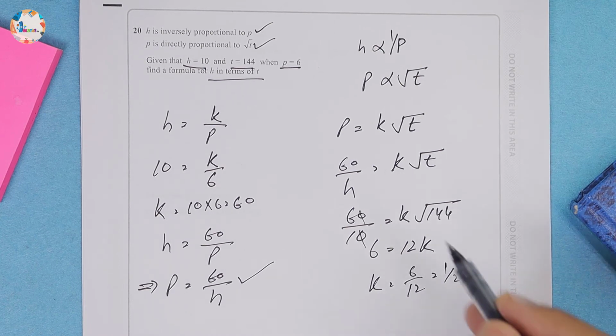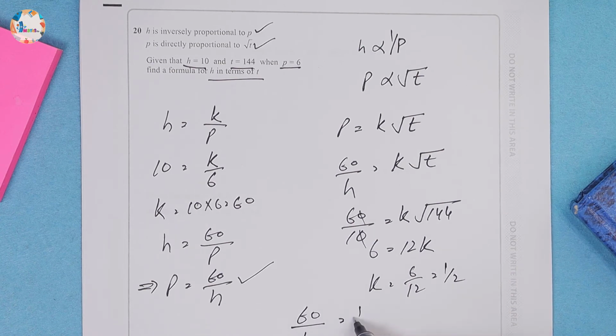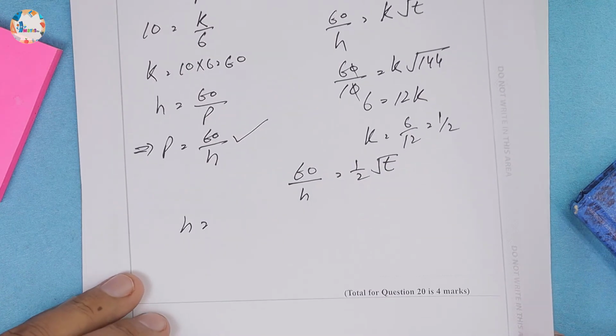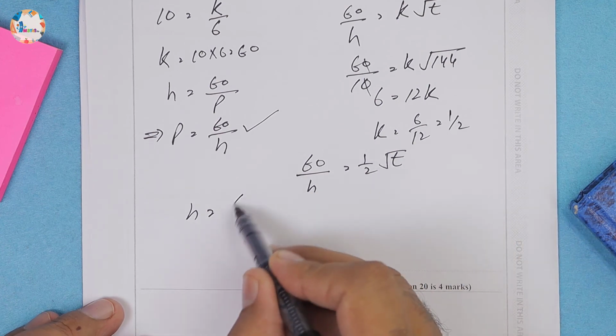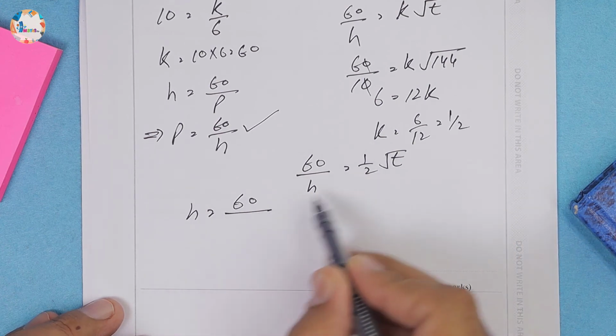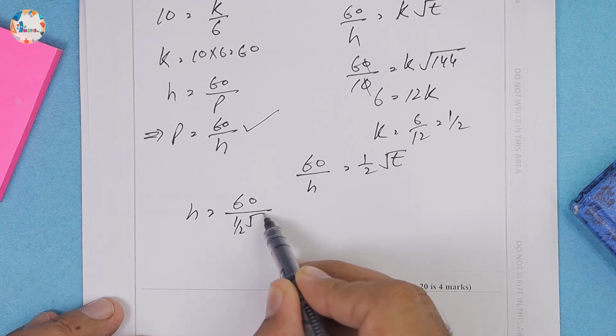by 2. This value we can replace in this. So we'll get 60 over H is equal to 1 by 2 root of T. And we require the final, so we can shift this H to the other side and this to this side. So H will be equal to, I'll move the page a little above. So this one, H will be, this moves to the other side. So this one will be 60 over 1 by 2 under root of T,